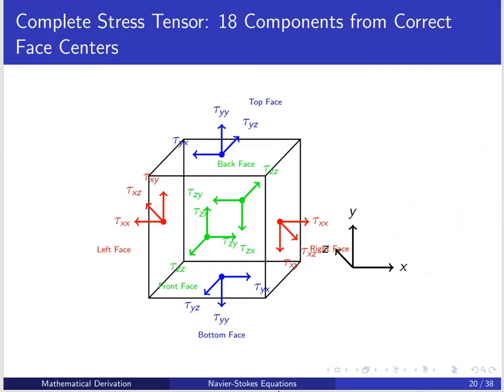Now we already talked about the body force, then the pressure force, a surface force. Another surface force is the viscous force, that is the stress. So I'm going to talk about the stress tensor. Here there are 18 components of the stress tensor, acting on the different faces, meaning on each face three stresses are acting. One is normal, and the other two are